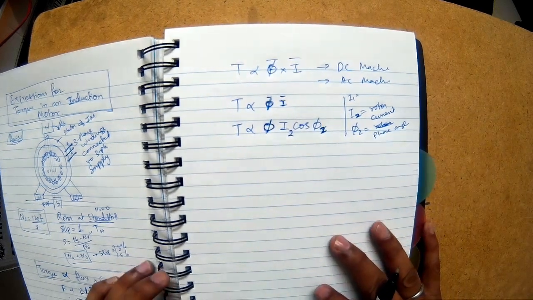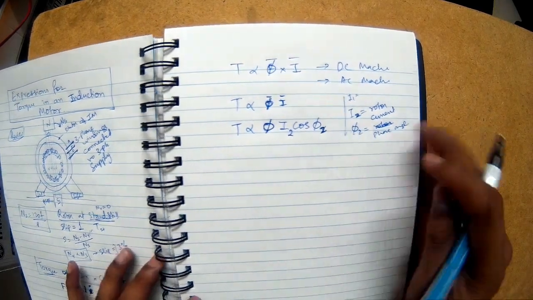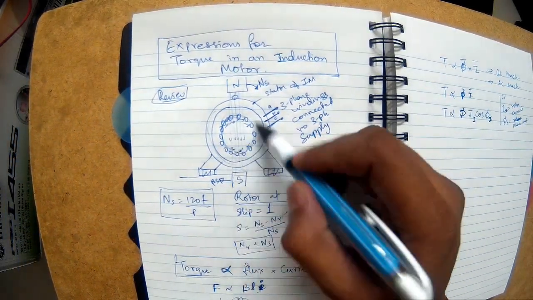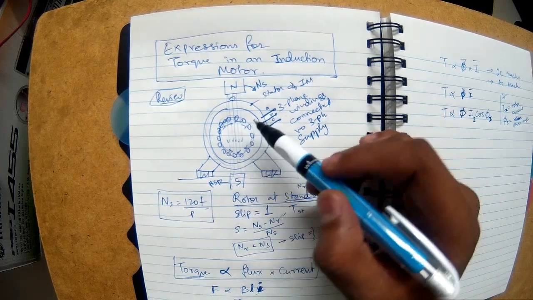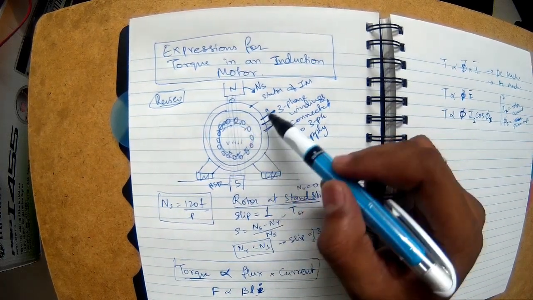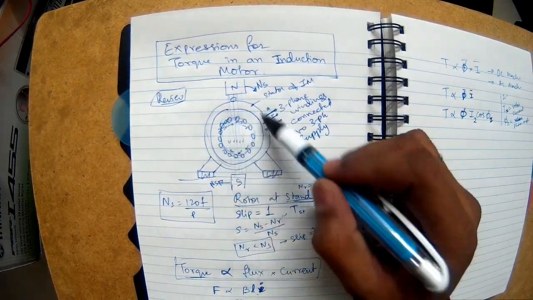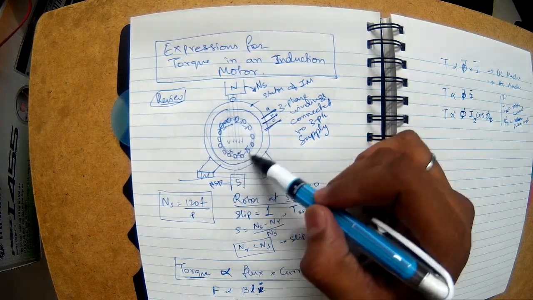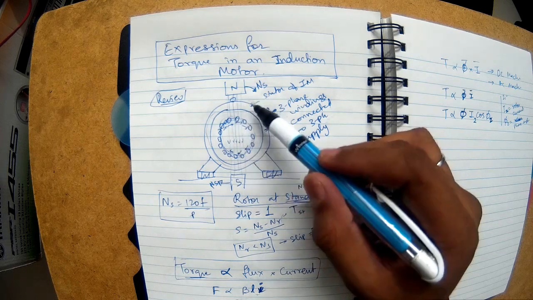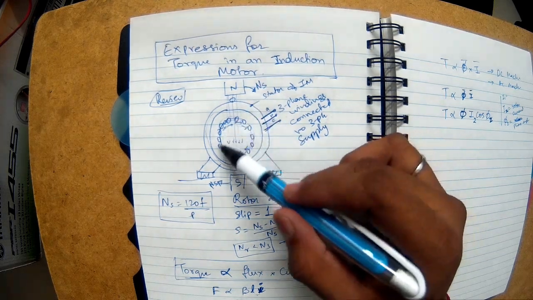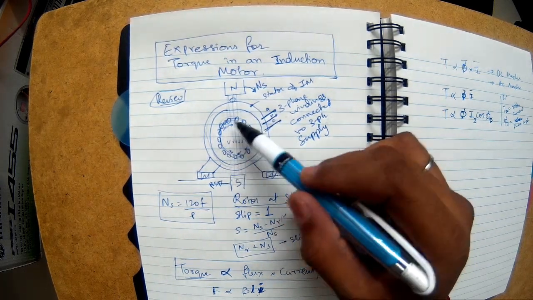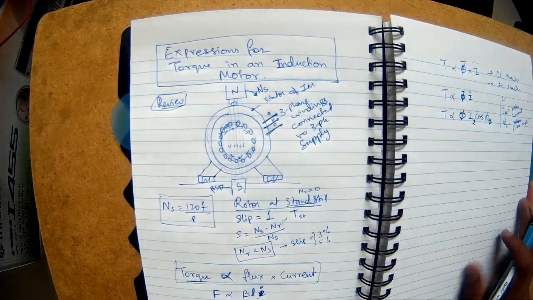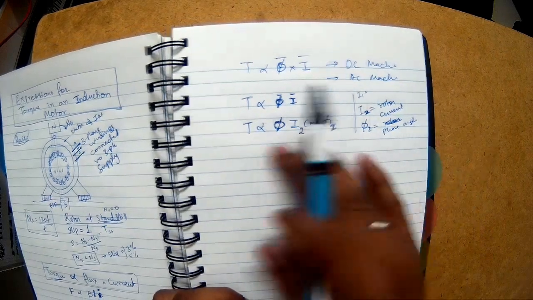Now you might get a doubt, why am I saying phases and all these things? This is just a copper bar, squirrel cage copper bars which are short circuited. But because the stator has three-phase windings, a three-phase induced EMF will be there in the rotor. So therefore we have phases in the rotor also, even though it is a squirrel cage. So let's come back to it.